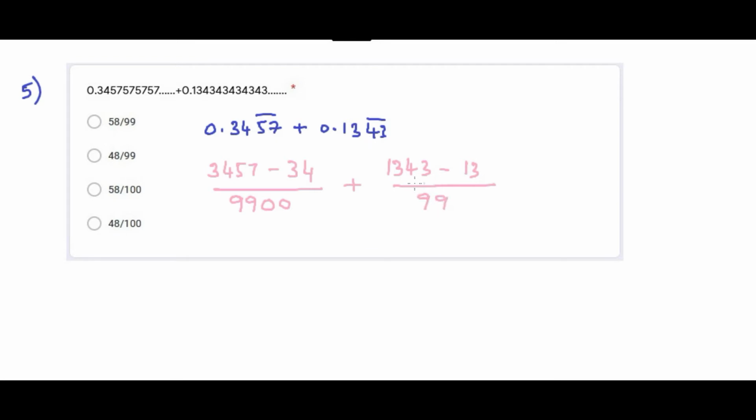So these are the repeating numbers. There are two repeating numbers, 4 3, so 2 nines have to come, and the non-repeating digits are also 2, so it will be 2 zeros. That's all. Now it's very easy. So it is 3423 divided by 9900 plus 1330 divided by 9900, which is equal to